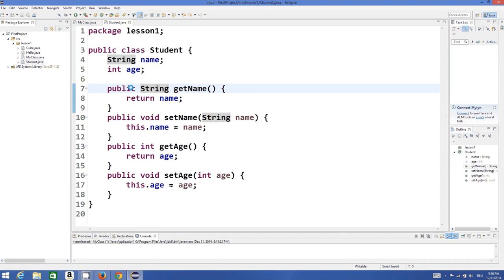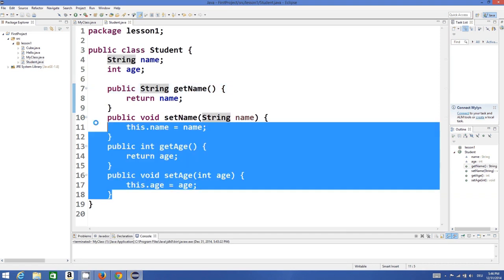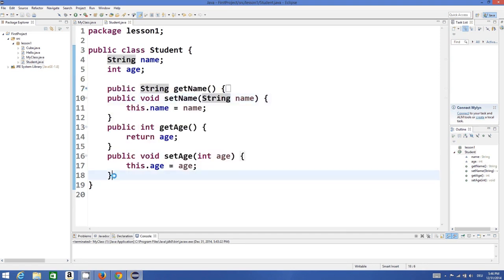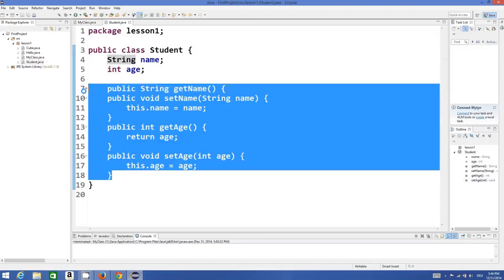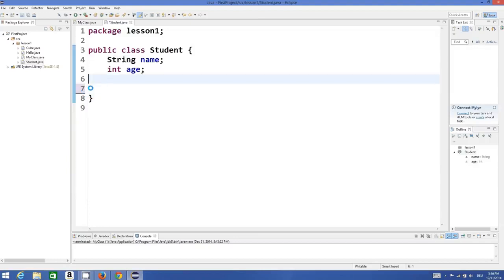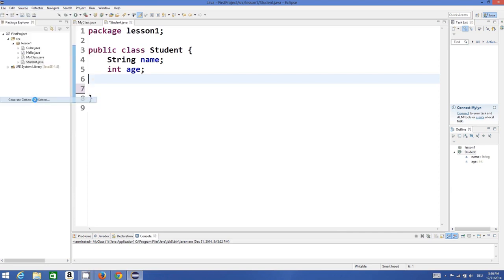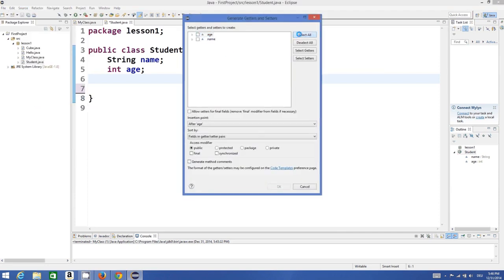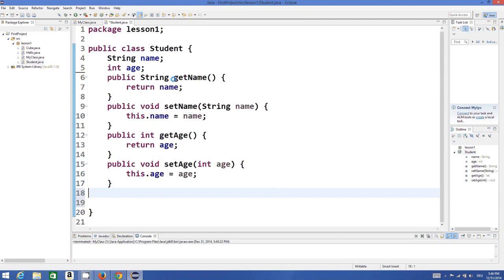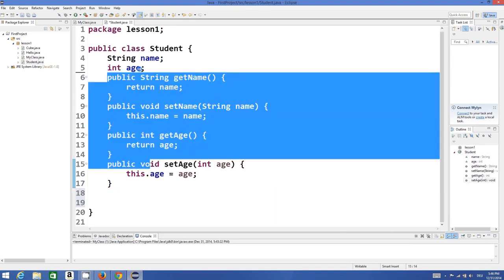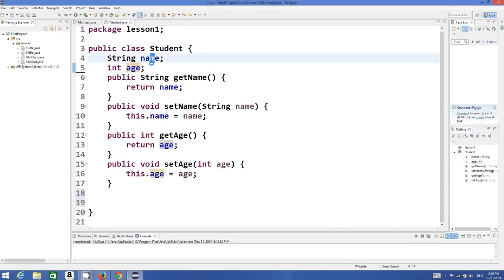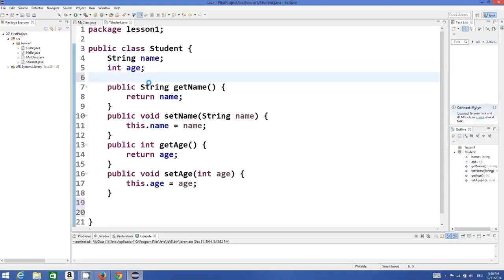class variables. Okay, so if you don't know how to make these getter and setter functions, they can be made automatically. Just go to your class and go to Source, and in Source you will be able to see Generate Getters and Setters, and in here just select all and click OK, and your getter and setter methods for age and name will be generated automatically by Eclipse for you. Okay, so